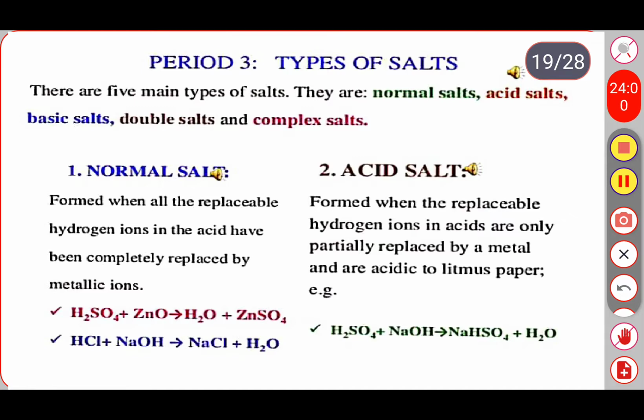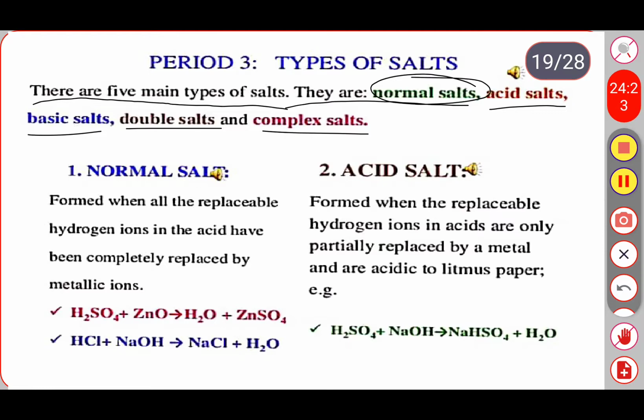There are 5 main types of salts. These are only the 5 main types; we have so many types of salts, and we can classify salts on the basis of different categories also. They are normal salt, acidic salt, basic salt, double salt and complex salts. You just need to concentrate on normal salt, acid salt and basic salt, right? So see the first one, normal salts.